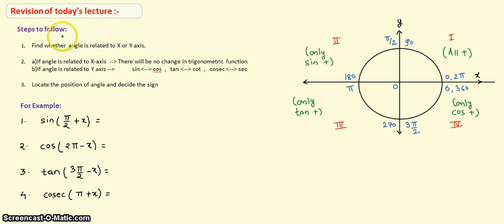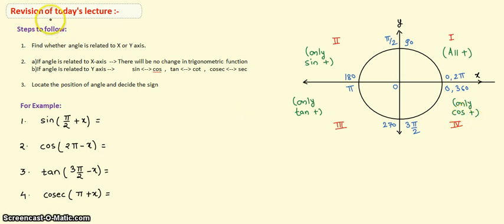Now, before going to the steps, let us see this figure. I have considered here x and y axis. These are the quadrant angles: 0, 90 or pi by 2, 180 or pi, 270 or 3 pi by 2, and 360 or 2 pi. So these are the first, second, third and fourth quadrants, right? We have seen in the first quadrant all trigonometric functions are positive. In the second quadrant only sine is positive. In the third quadrant only tan is positive, and in the fourth quadrant only cos is positive, right?